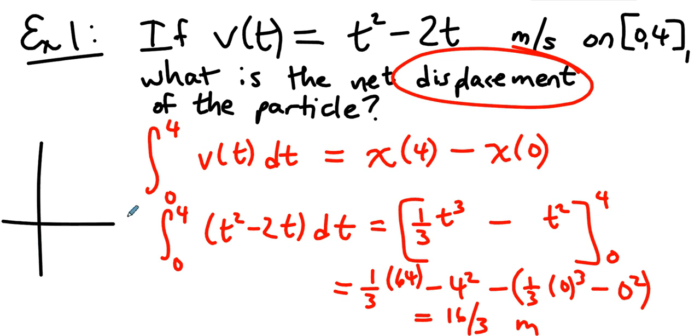Well, the velocity graph looks like this. From time equals 0 to time equals 2, the velocity is negative, which means that between time equals 0 and time equals 2, the particle is moving backward. And then after time equals 2, the particle is moving forward, which helps us ask the follow-up question,